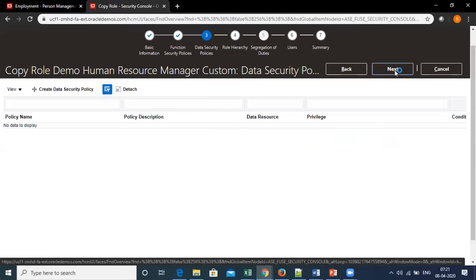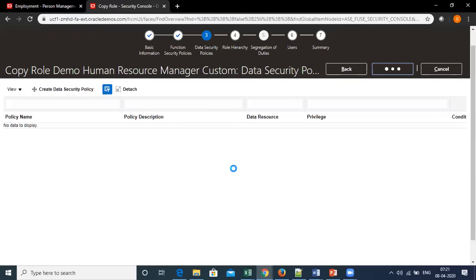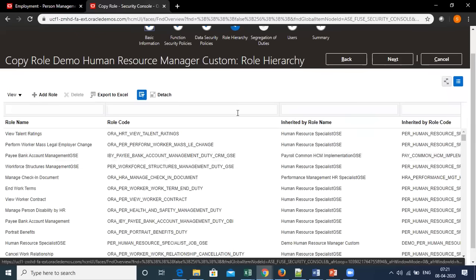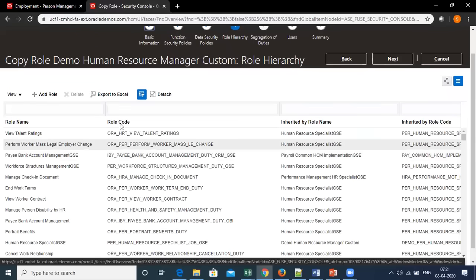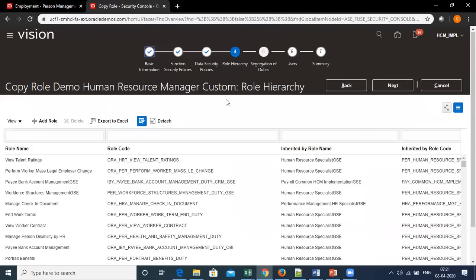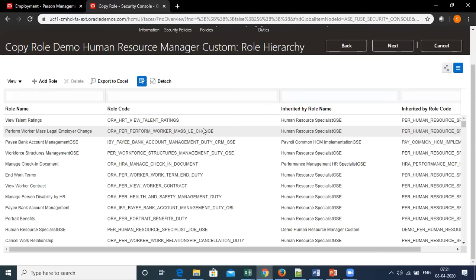And the next screen is the role hierarchy. Basically here I can see what all duties and major roles are available or attached to the human resource manager custom role. Now here I can see human resource specialist.